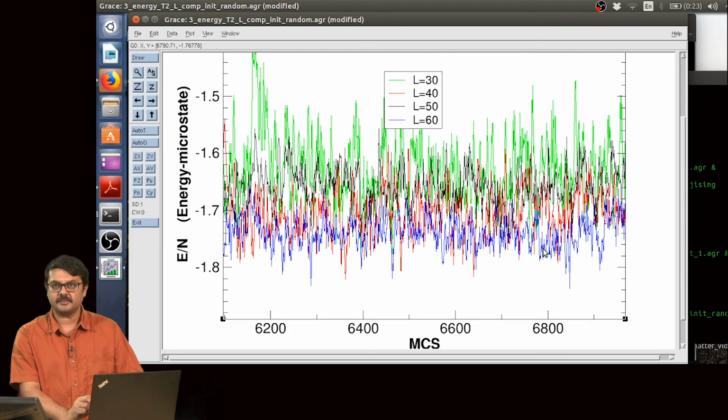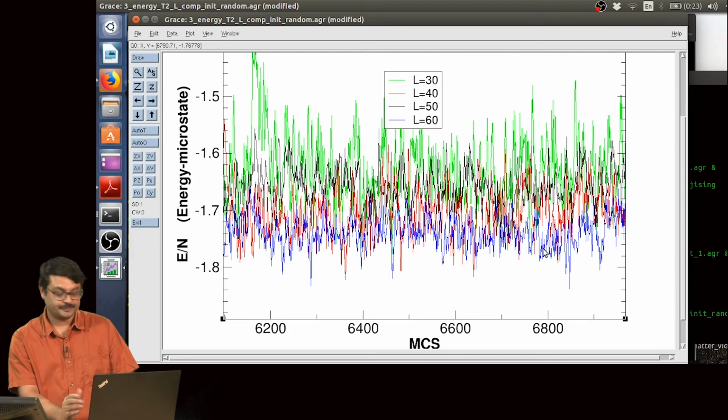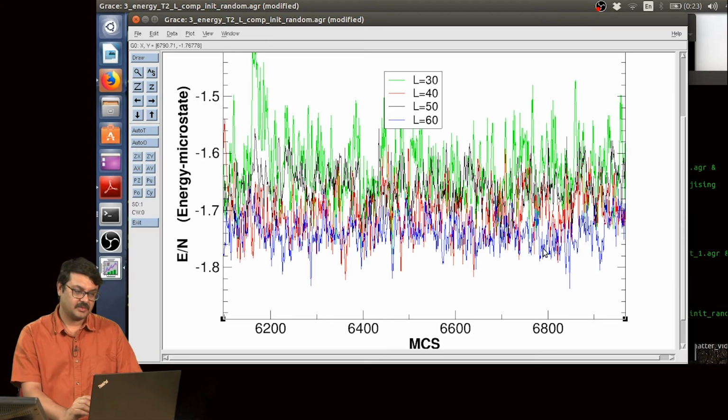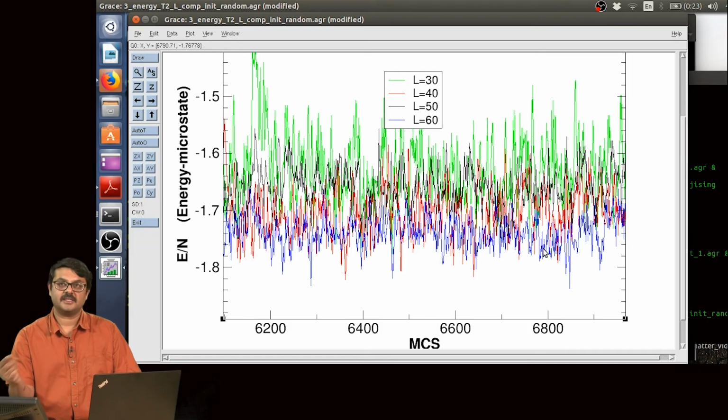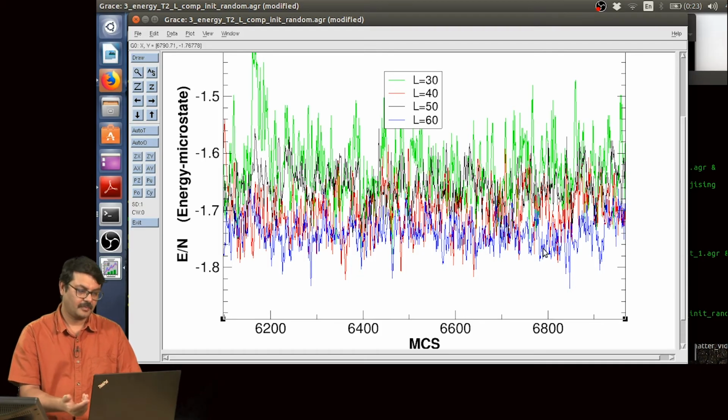Actually, in statistical mechanics, you know that the fluctuation goes as 1 by L, right. Or rather the relative fluctuation, delta E, the standard deviation in fluctuations of energy, divided by energy, goes as 1 by root n, where n is the number of degrees of freedom, which is in this case L cross L. Having said that,